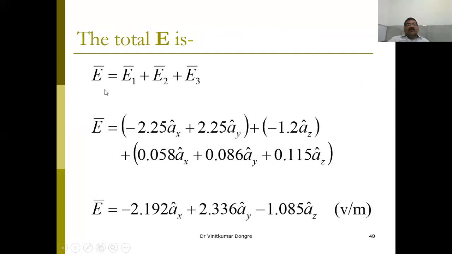Now the answer, what will E be? It is the superposition theorem, that is the addition of the electric field intensity due to all the charges, that is 2 line charges, E1, E2, and 1 point charge. So E equals the addition of all. All the points are put. Now just add the X components. Here is the one X component. Here no X component. So just take care of the sign. This is minus, this is plus. So accordingly, put the sign. And this is your resultant. So this is the electric field intensity due to the multiple charges. Is there any question?